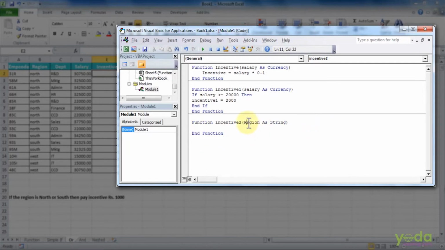Now here, very important, since your VBA is case sensitive, I will say if space the condition, the region should be equal to north or the region should be equal to south. Now I'll put the condition into the brackets, space, then